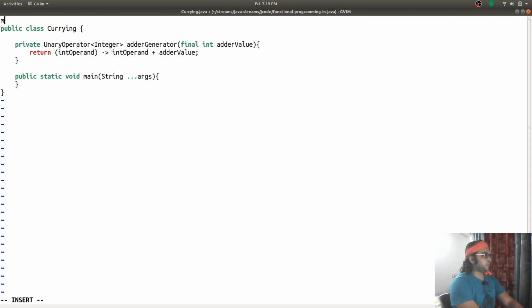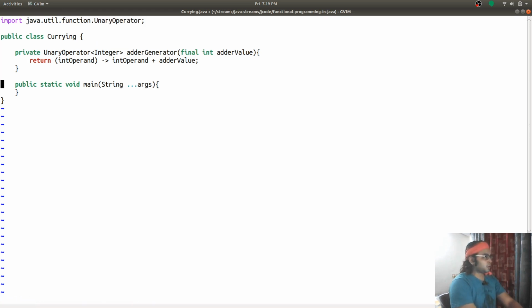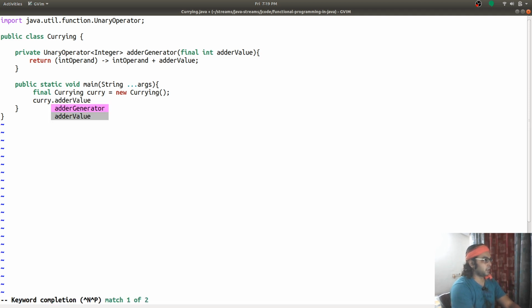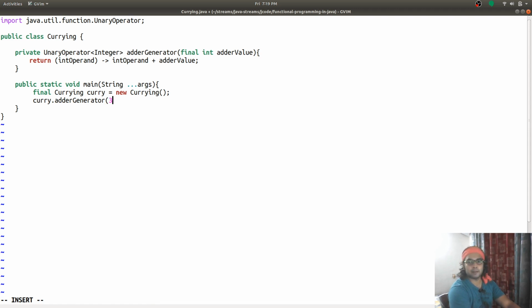So I need to import java.util.function.UnaryOperator. Let me demonstrate this. I will say curry dot adder generator, and I will say add 2.